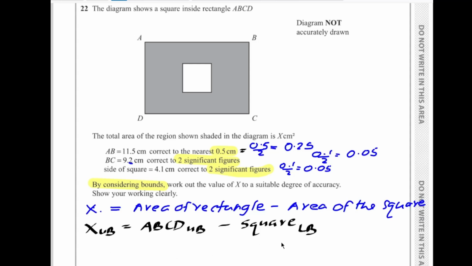So if it is a subtraction, if you need to get the answer as upper bound,